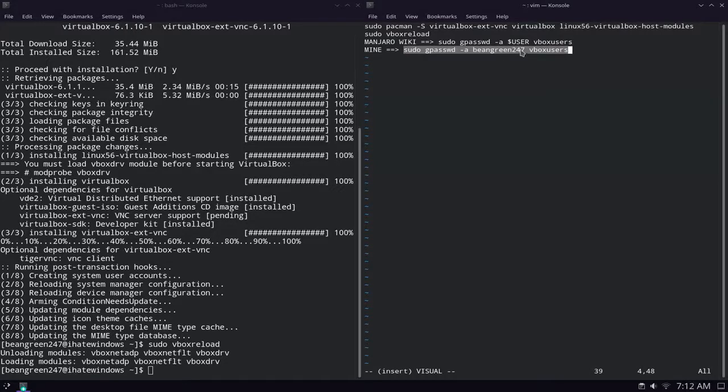You will have to change the user parameter here to your actual username. The username can actually be seen down here in your terminal as the first option. If you don't see it, there are different ways you can do this. For example, you can list out your home partition,